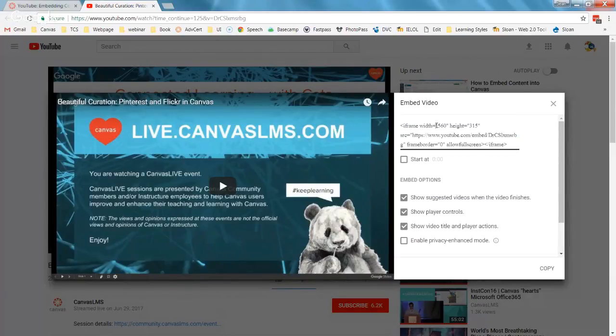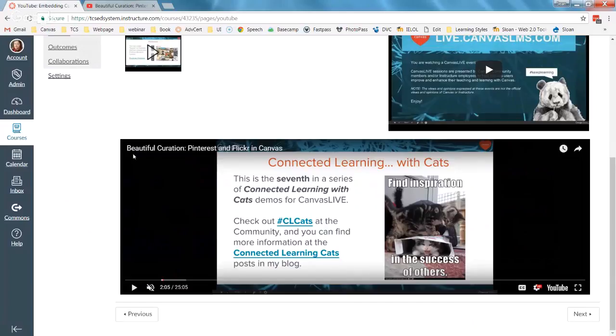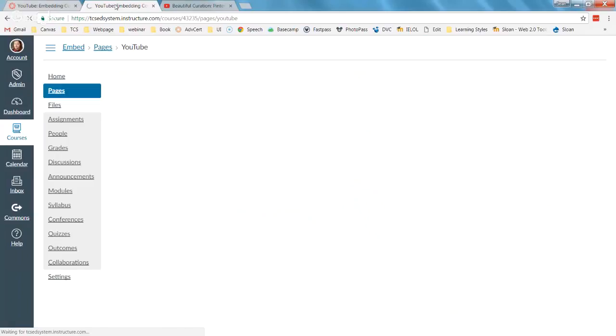I would stick with those pixels that they give you, just because that way you know that there's not going to be any white space. In this case, it's black space, but it's like dead area. You know, in this case, it's a little bit too wide, I would say. And if I were to